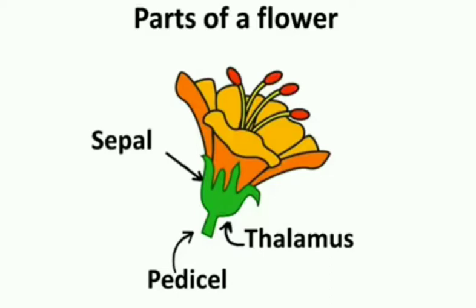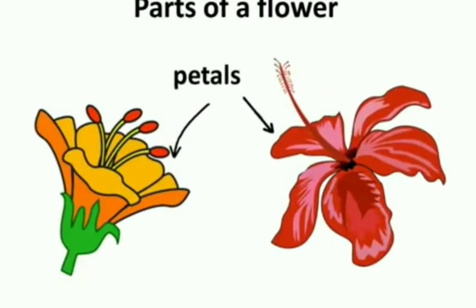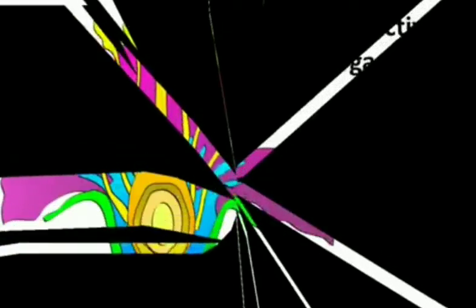If all sepals are united, it is known as gamosepalous, and if all sepals are free, it is known as polysepalous. Next inner whorl is known as the corolla. Corolla is the second whorl. An individual member is known as petal. All these petals are sweet, scented, colored, and attractive because they attract insects for pollination. If all petals are united, it is known as gamopetalous, and if all petals are free, it is said to be polypetalous.